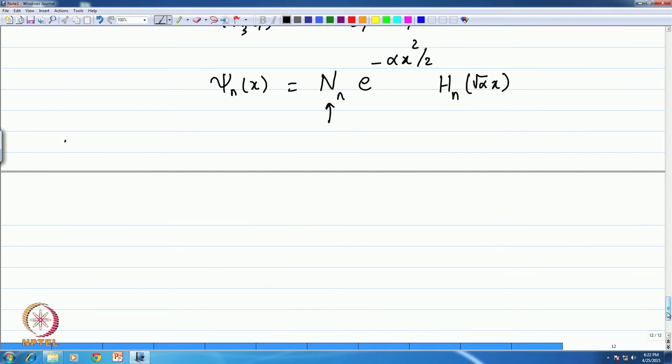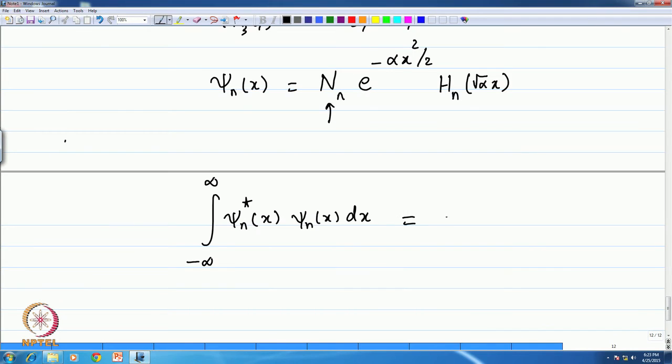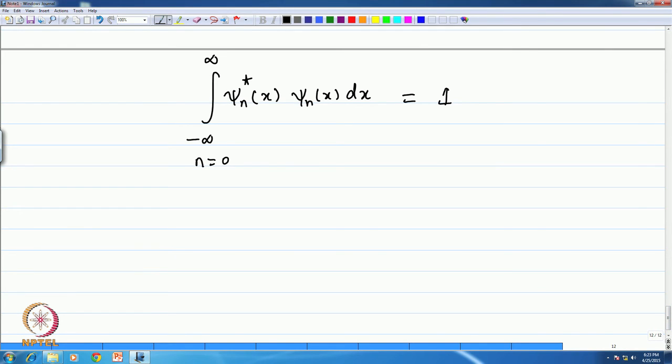And of course N is such that the integral of psi n star, which in this case is the same as psi n of x, times psi n of x dx, between the limits minus infinity to plus infinity, because the harmonic oscillator position coordinate can go in the negative direction as well as in the positive direction, and if we take this theoretical limit that x can go all the way to minus infinity and to plus infinity, then the normalization constant can be obtained from this condition, namely the integral of psi n star of x psi n of x dx is 1,